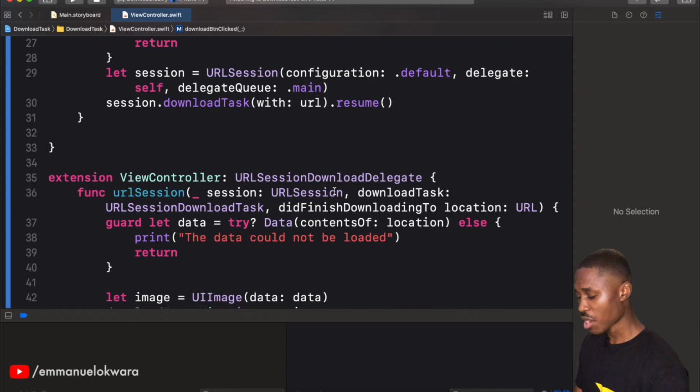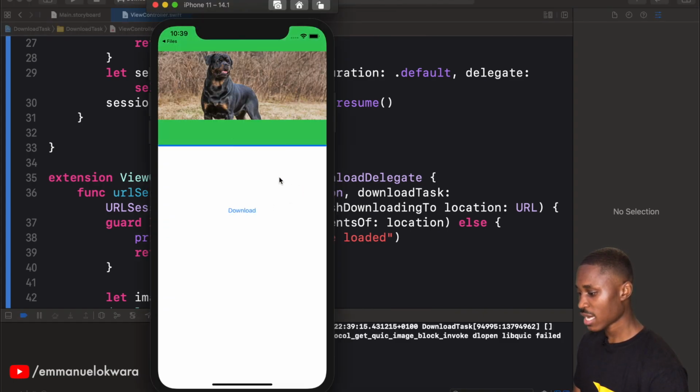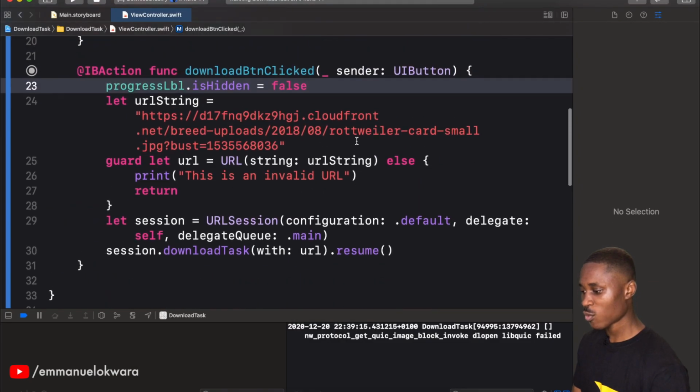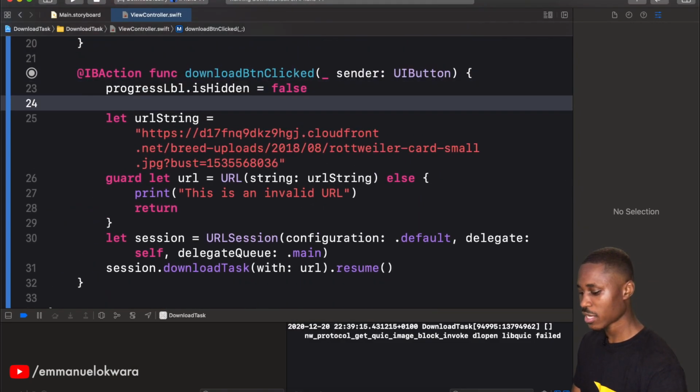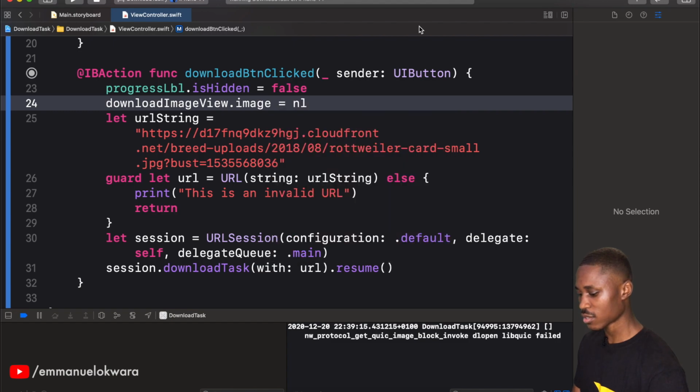Well, it seems like we're making progress. We're actually done. So I'm going to click on download, and sweet. So it went out. If we click download again, it came back and it's done. So again, we may want to clear our image view. So I say downloadImageView.image, and this is going to be equal to nil, just so that